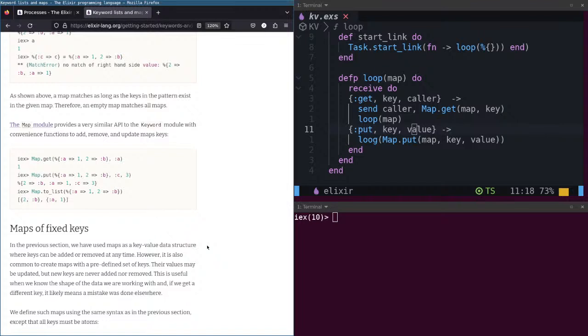The Map module provides a very similar API to the Keyword module with convenience functions to add, remove, and update maps keywords. Map.get, and we have a map that takes a map with the value a and two keys, and returns the first key.